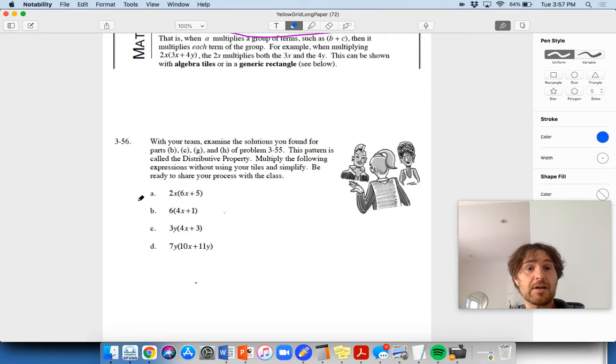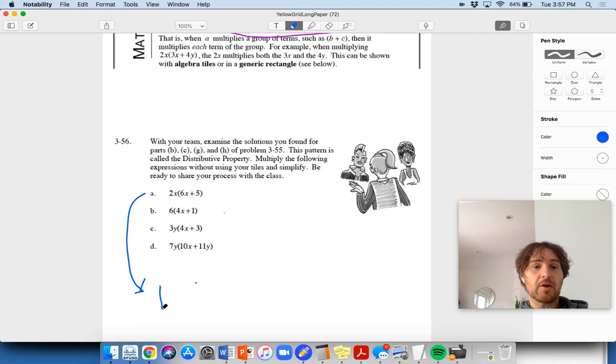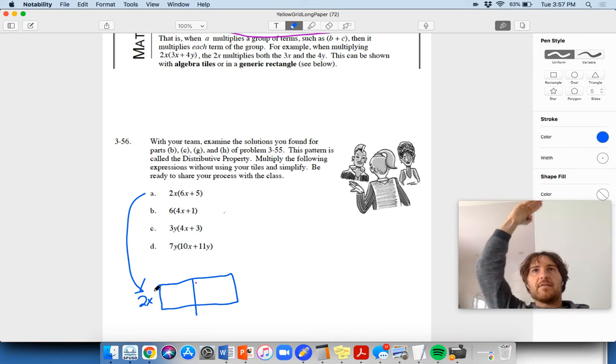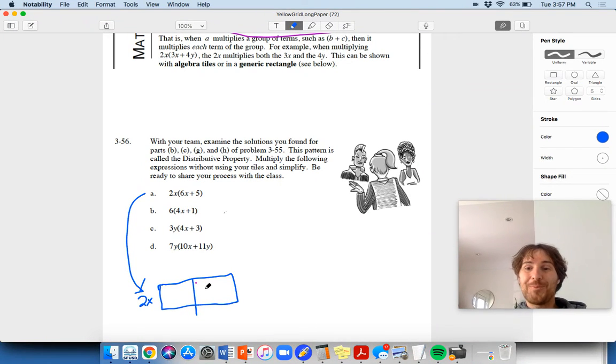So down here, I'm guessing some of you, and I saw this on your exit tickets yesterday, set up a generic rectangle for these. And you probably figured out, hey, I can do these in my head. This isn't that hard, right? The height, or the length, of this is 2x. Do I have any other terms here? No. So if I stacked out tiles, I'd have an x and an x, and that's it. I just have two x's in terms of height. I don't need more than one row in my generic rectangle. Okay, 2x, and then my width is 6x plus